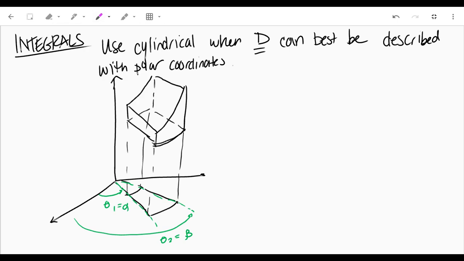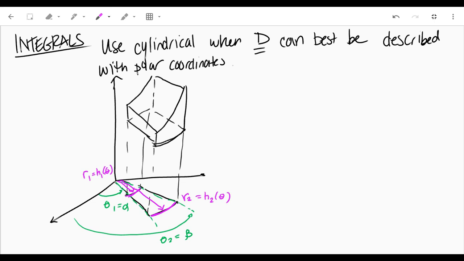Next, we're going to look at this piece right here, which would be R1, which is some function, they're going to call it H1 in your book, of theta. Okay. Here it looks like it's definitely just R equals a constant, but it could really be any polar graph. Those can get kind of scary sometimes, but they're also kind of fun. And then here would be our other R2,